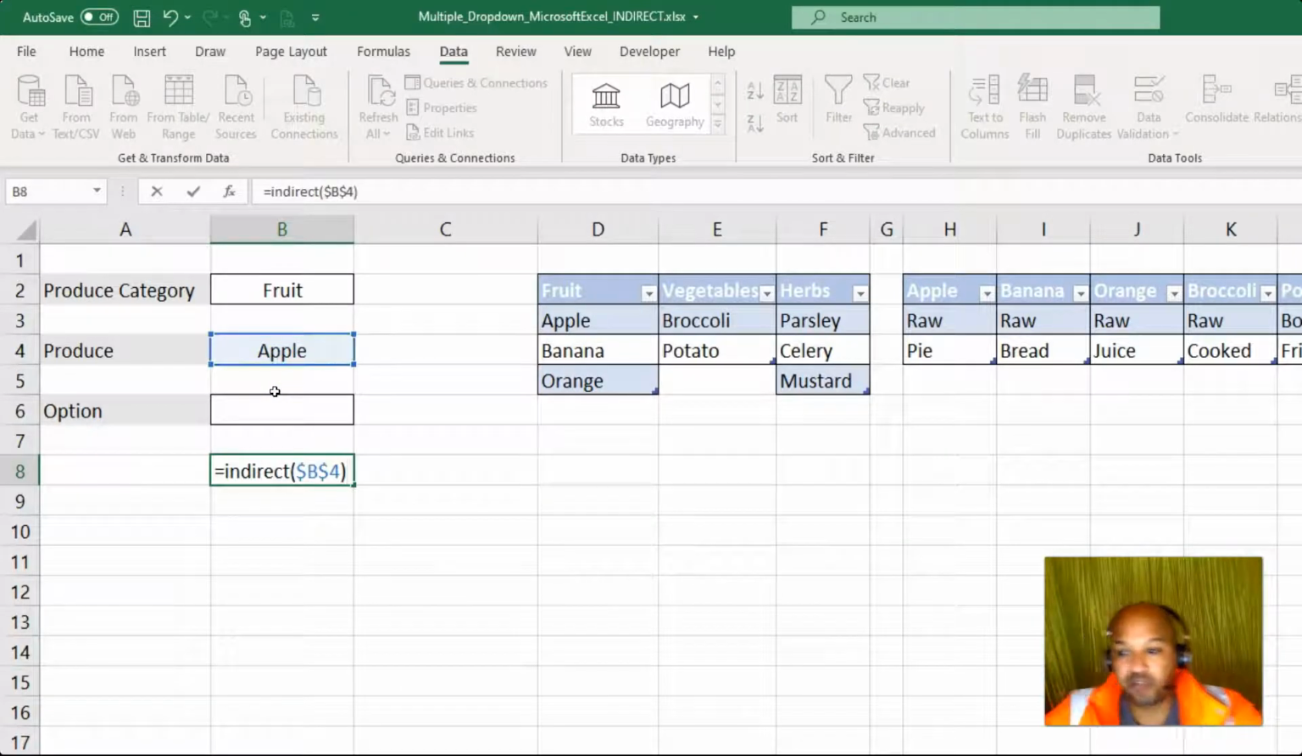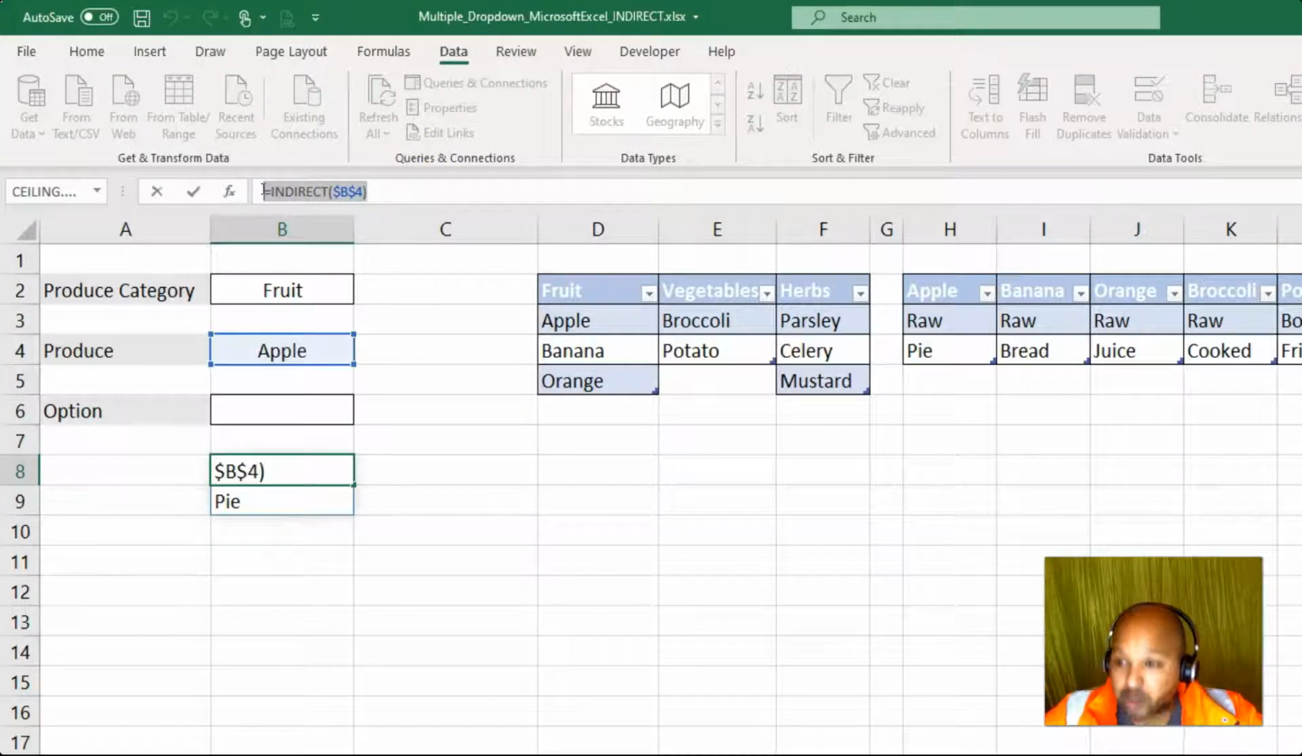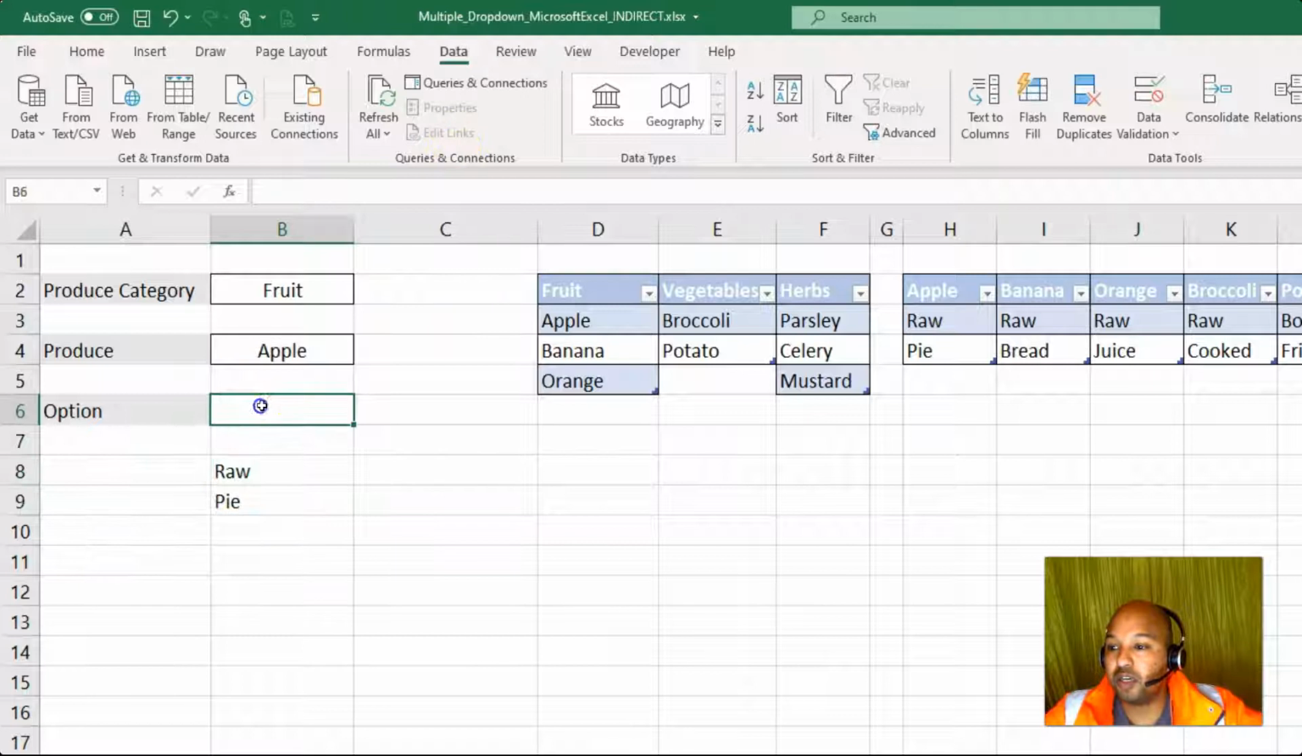Close. Will it find a reference called Apple? Yes, because I have named this table Apple. So if I press enter, we have the option of raw and ripe. Excellent. Now that we know the formula works, I can select the formula, Control C to copy it, click on